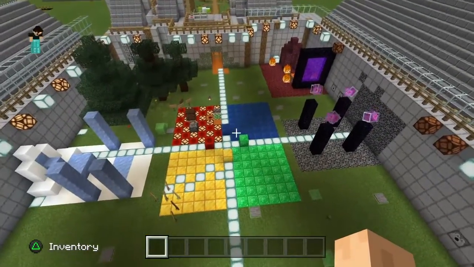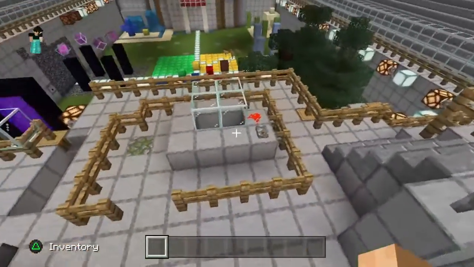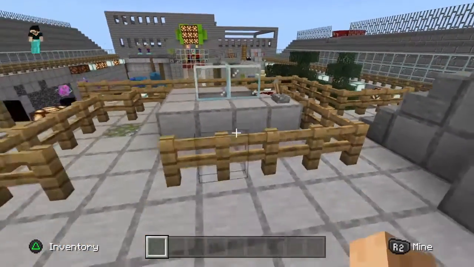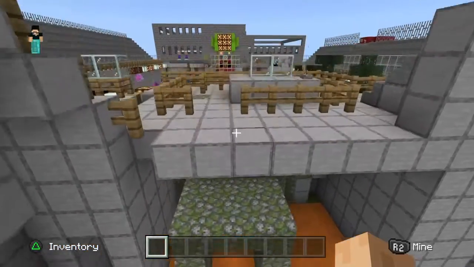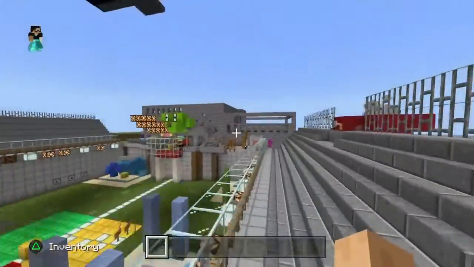And this build, however, is not entirely mine, but it is a cooperative build. However, most everything that you see in this Coliseum is mine. The gate functions, it's redstone, I worked on it myself. It was my own design, quite proud of it. Then there's the stands over here,